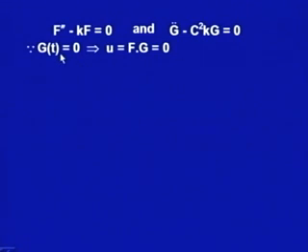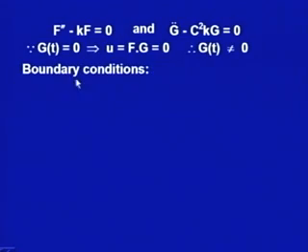Let us see. If I do get g(t) equal to 0, then my solution u(x,t) is f(x) into g(t), that will give me u as 0. We do know that we require a non-trivial solution. So, 0 as a solution is not required, because 0 is a solution to both these equations. So, g(t) should not be 0. Similarly, the boundary condition when I keep u(0,t) equal to 0 says that, since g(t) cannot be 0,